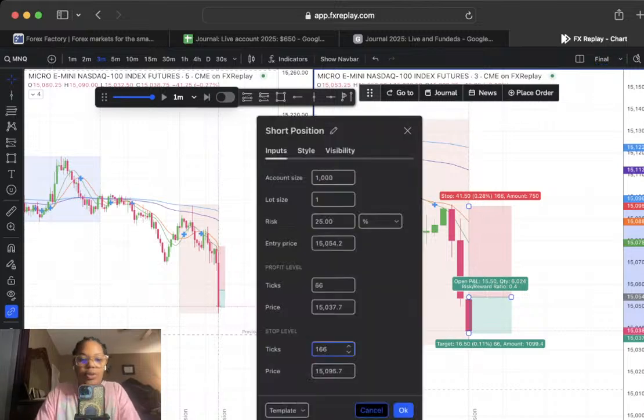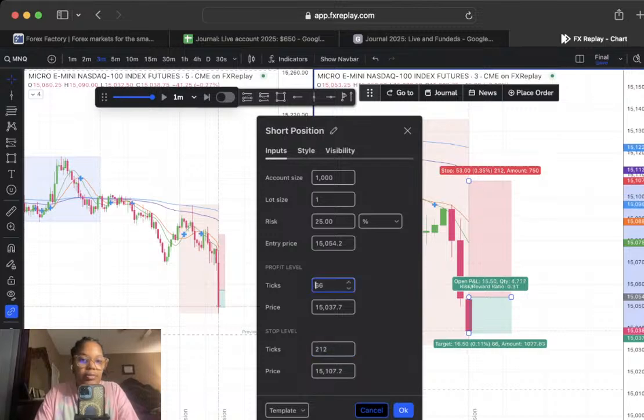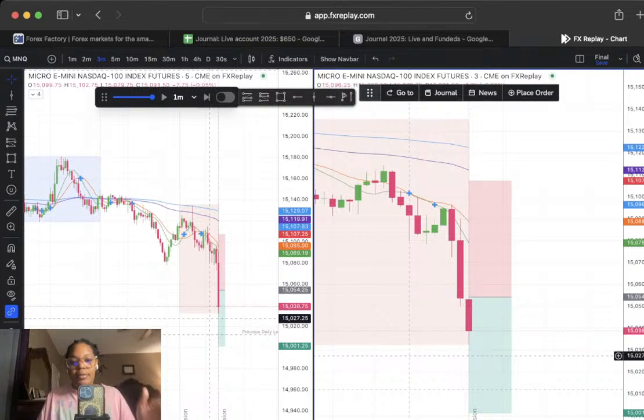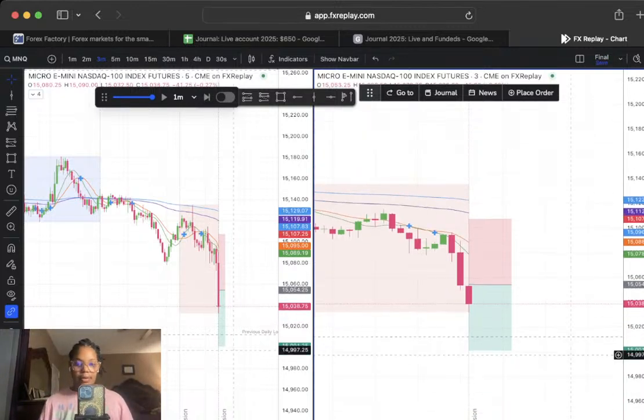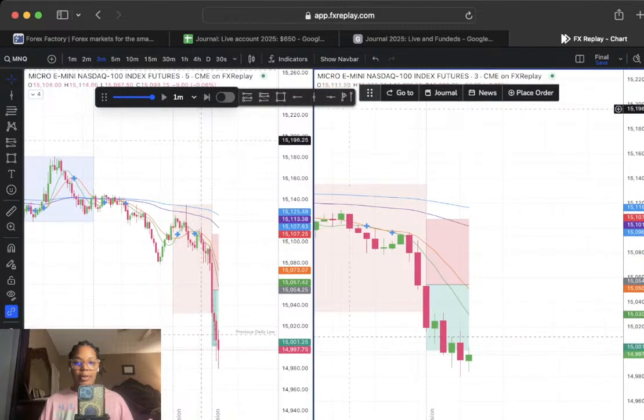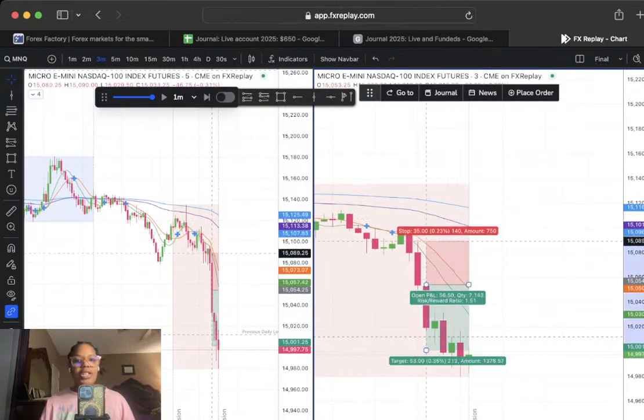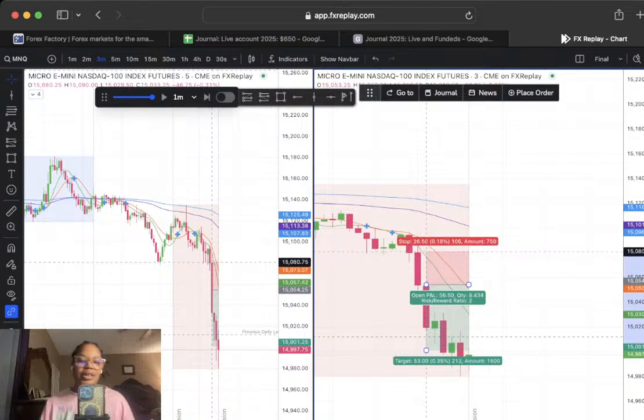Yeah, see, it's not even 200. It's 166. So we have hella room. But again, you don't have to risk the same amount to make the same amount. That's just a personal choice. Let's see. It could be, boom, immediately amazing. It's not like you are risking 1 and 2, but sometimes you're not.